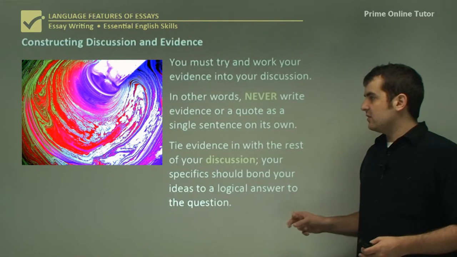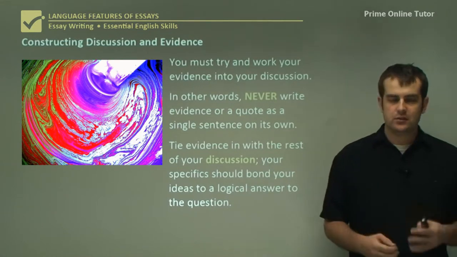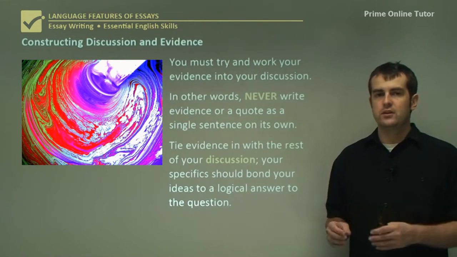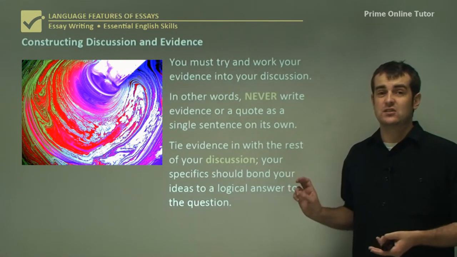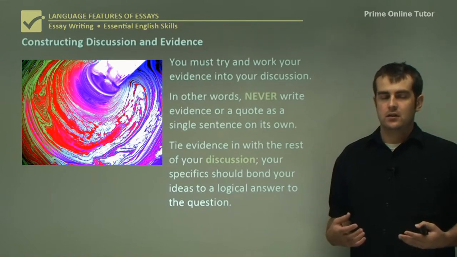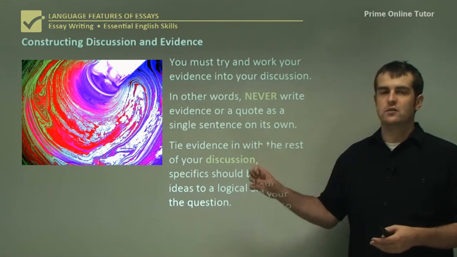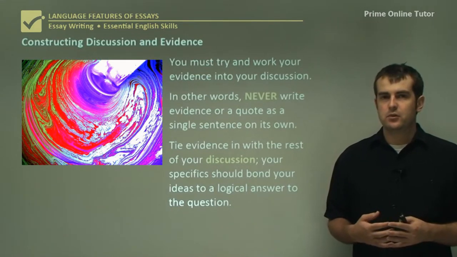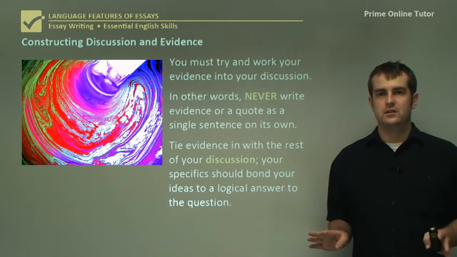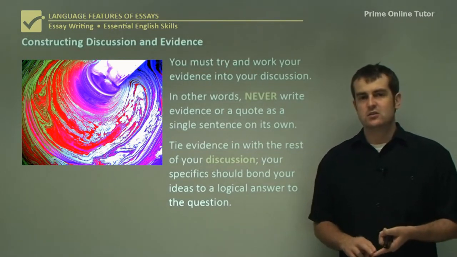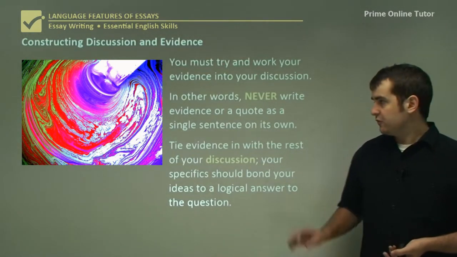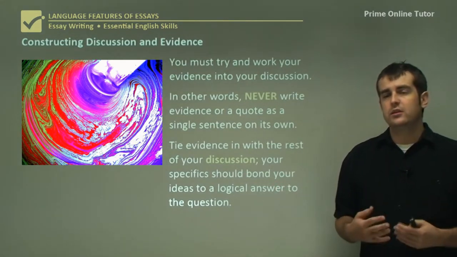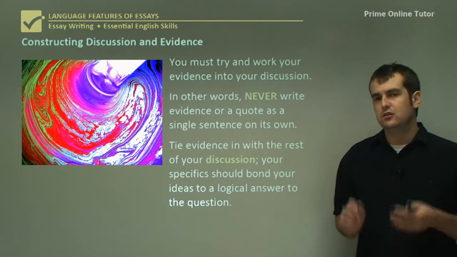So that little section at the end, where it's been worked into my discussion, is helping to point it in the direction, even if it's just to say, and it is for this reason, that people should be cautious of drugs because of the fact that 1,000 people die per year. Now, it's only a very simple connection, and it might seem completely obvious to you, but the thing is, your job is to prove it. And through your further discussion and development, what you are doing is you're helping to strengthen that link that you've created.